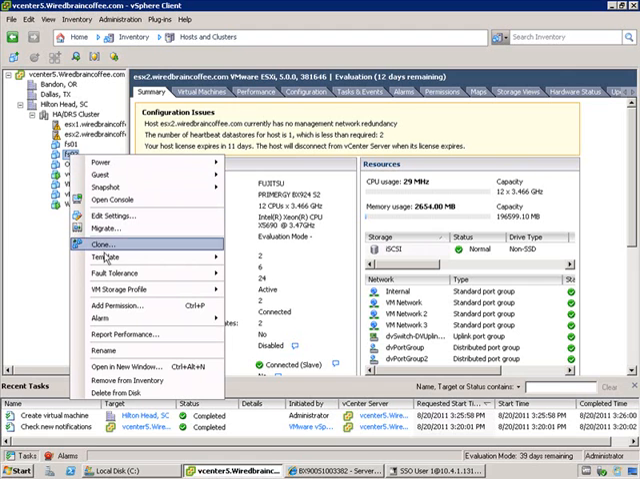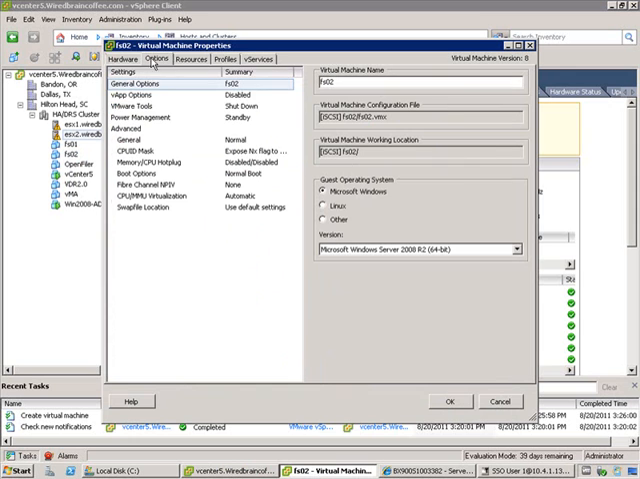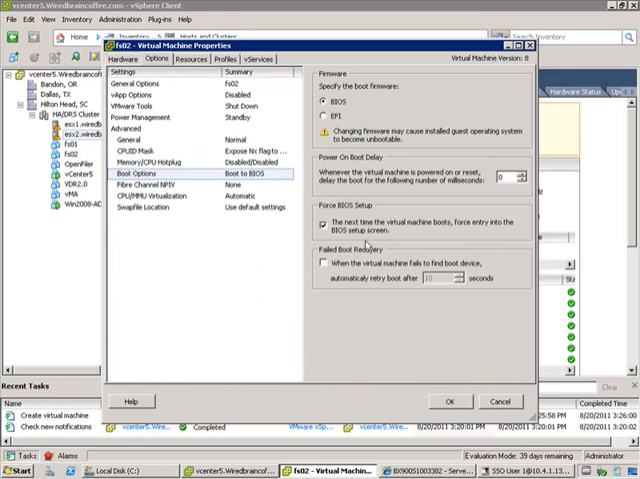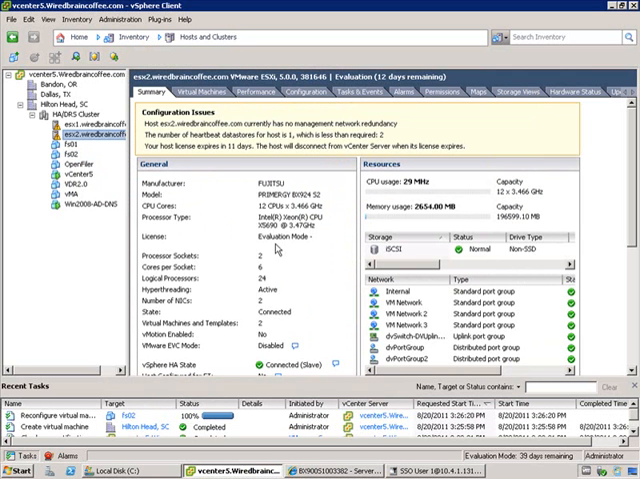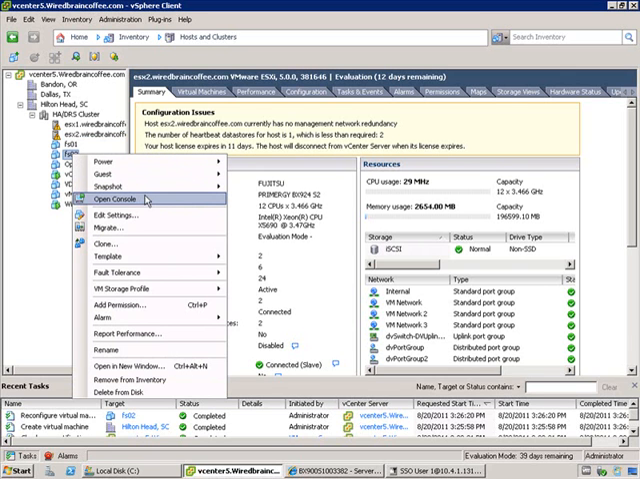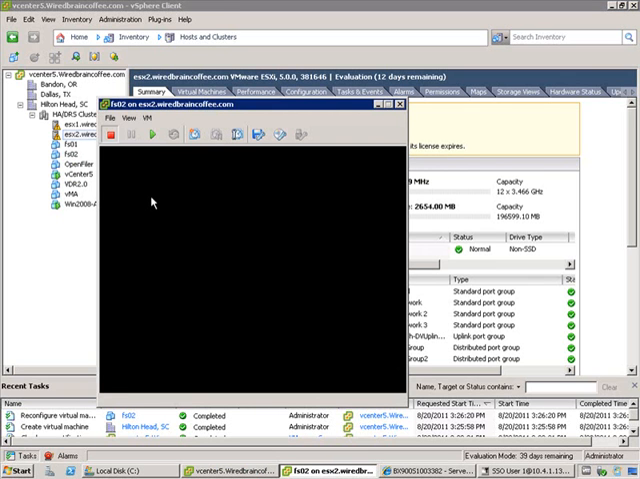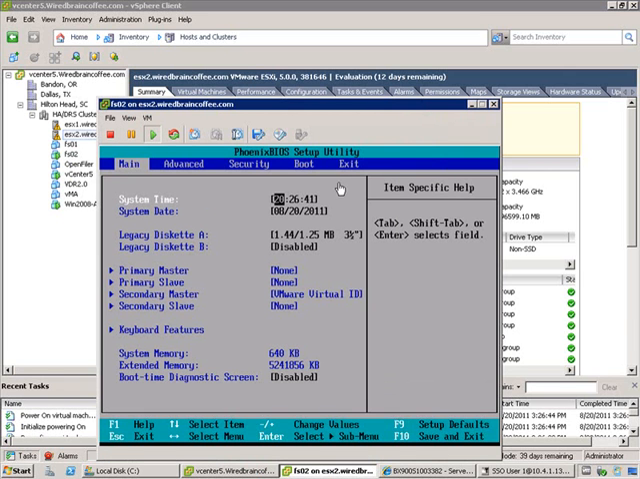I want to do two things. First of all, I want to go back into Edit Settings. I want to make sure that I go back into the BIOS so that I can select CD-ROM the next time it boots. So I want to go ahead and enable it, and I'm going to click on OK here. Now, a couple different ways of attaching an ISO to this particular virtual machine. So if I right click and click on Open Console here, I can power on this virtual machine. Once this virtual machine is powered on, what you can do